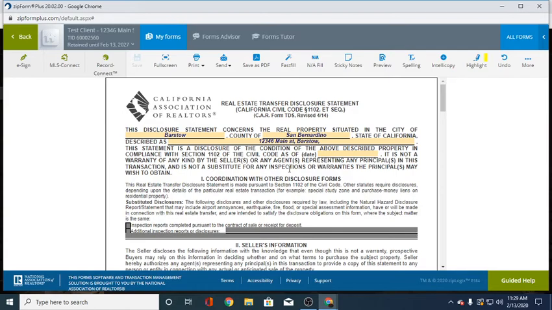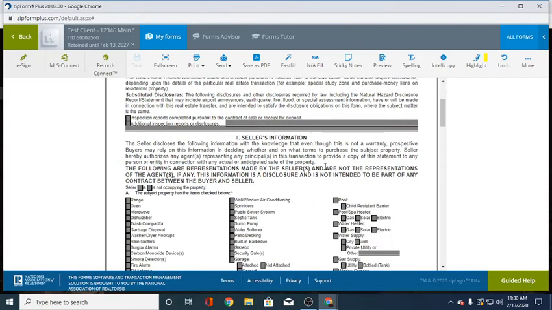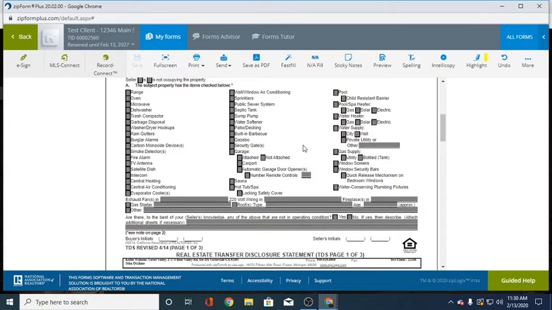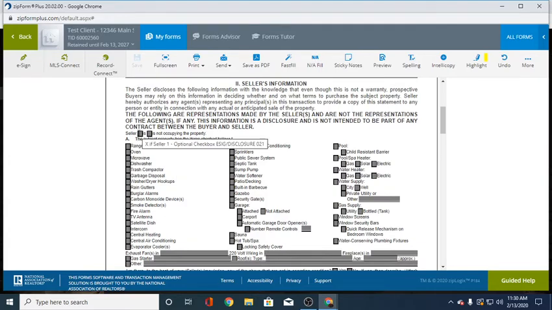This one's the TDS, which is the total disclosure statement. Very similar to the other one. This one, though, does ask whether or not the seller is occupying the property. So it is important because if they are not occupying the property and it is a rental or a second home, or family lives there, this is to the best of their knowledge. So if they are unaware of certain things, even in the other document,